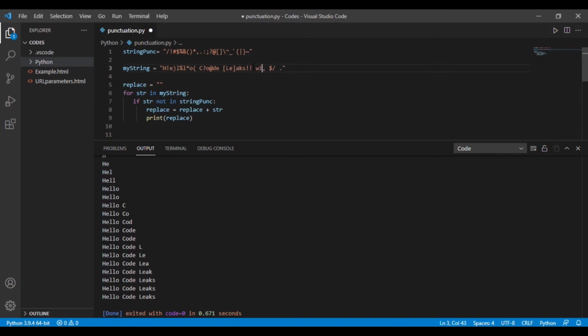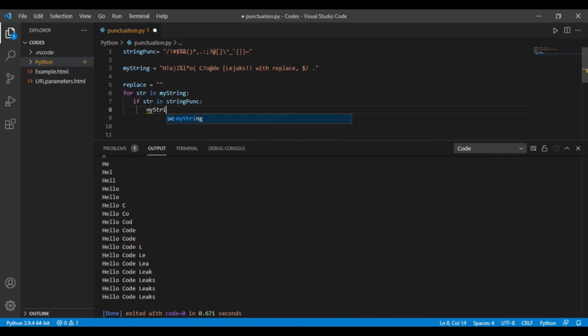Now there is one more method to remove the punctuation from a string. What we can do is we can use a replace function rather than concatenating each character as we have done before. So there are few changes I am making in the previous code. As you can see, I have changed the if statement, and after the if statement I am just using the replace function to get my task done.